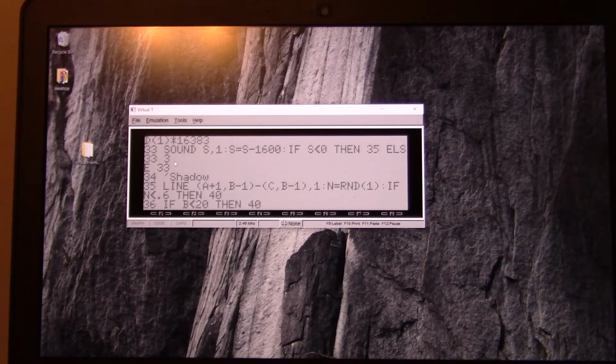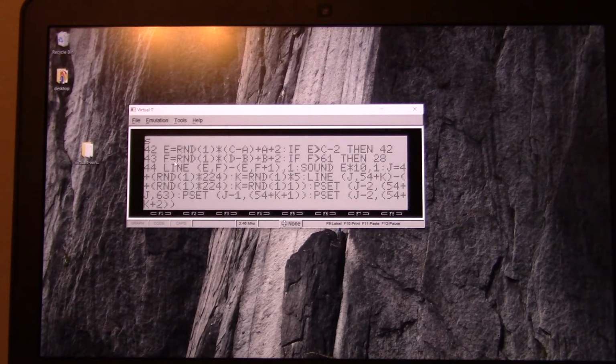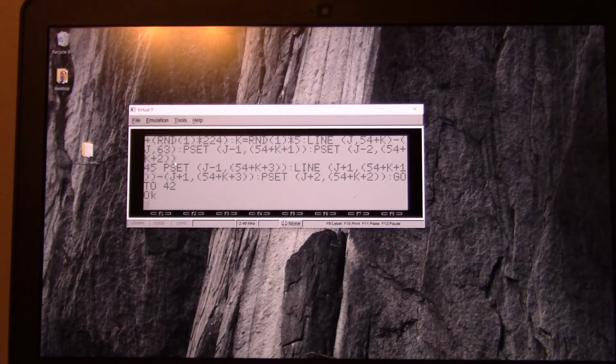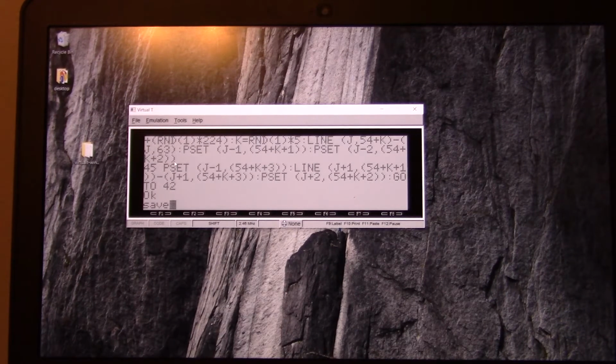You can see on here that it does run slower than it does on an actual Model 100, and even though it runs slower, it still works. So for what we're doing, transferring of files and or writing files, it's really good, and it does have an additional file viewer that's really nice as well. So what we're going to do is we've loaded the program into BASIC here, and we are going to tell it to save, and we put in that, and then we are saving it to the COM port. So we put COM port down. Now you have to type in the